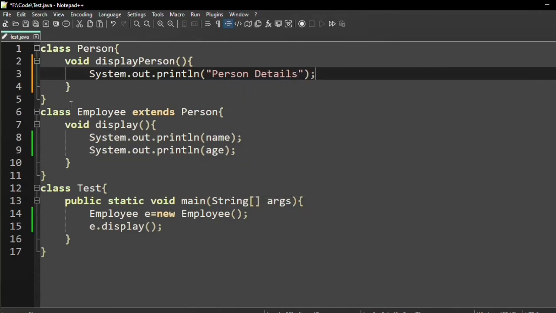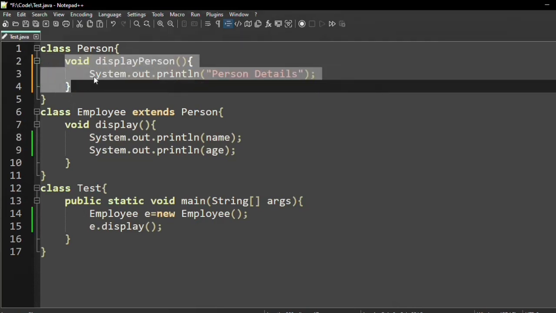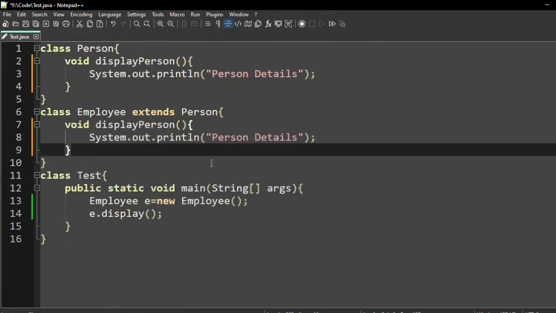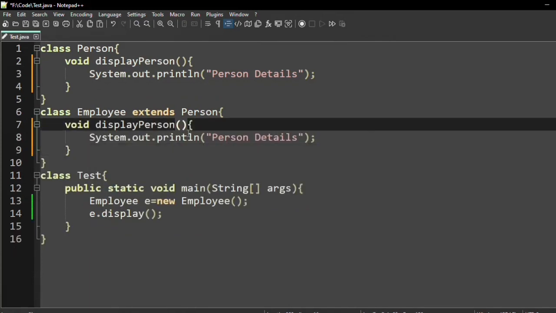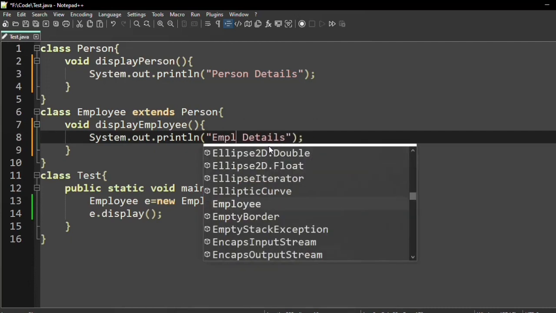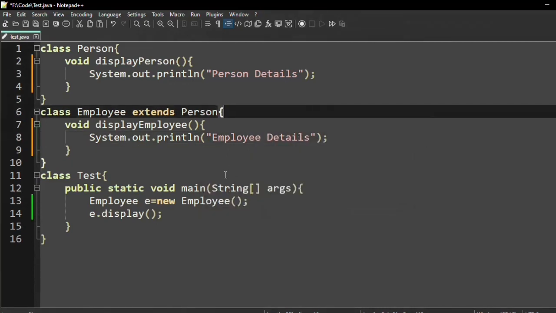No issues. Now here also let us copy this one, and in the employee class just write employee details. So the name of the method is display employee, and here it is employee details. Now we can create one object of employee,